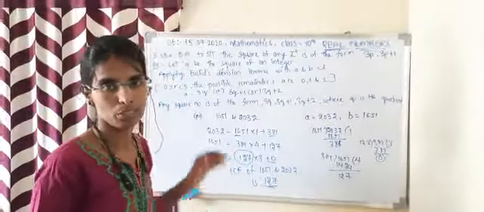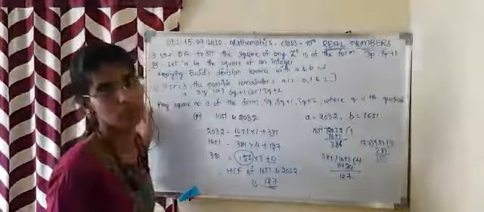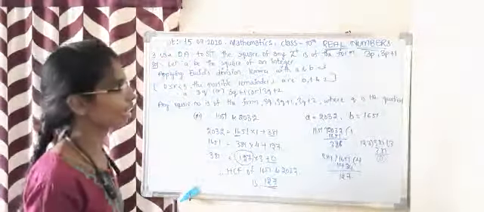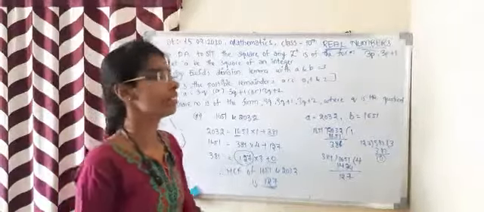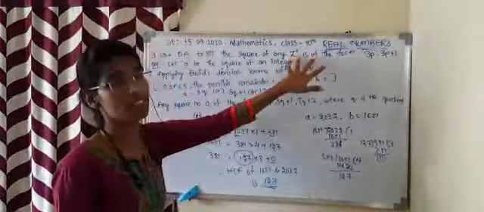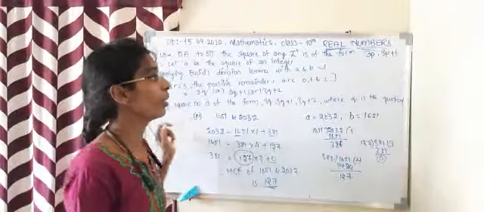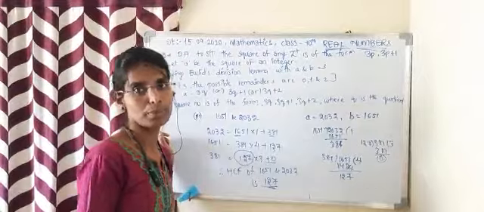Now this is all about the first problem, and the second problem we have already done. This is the third problem which is given in the exercise. Use the division algorithm to show that the square of any positive integer is of the form 3p or 3p plus 1. Here, this is for positive integers, as I have explained in our first class. Now we have to use the division algorithm for any positive integer, which are of the form 3p, 3p plus 1.